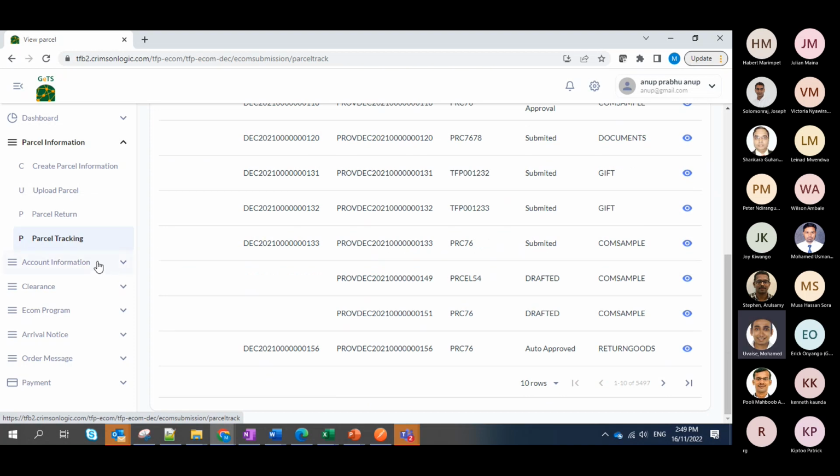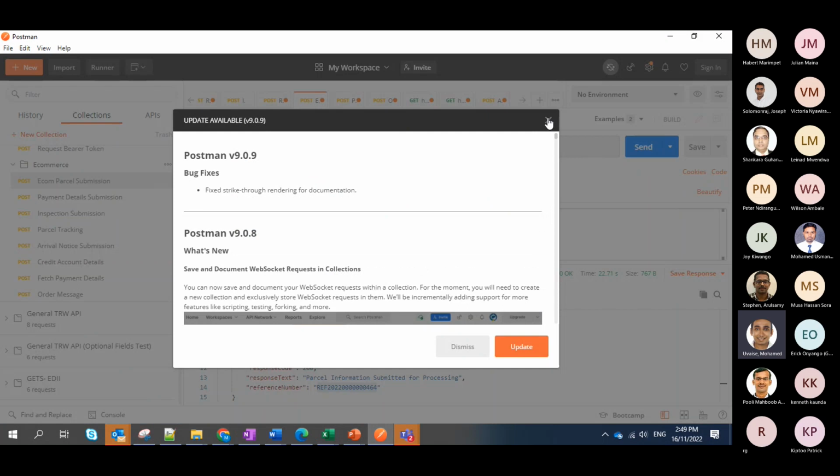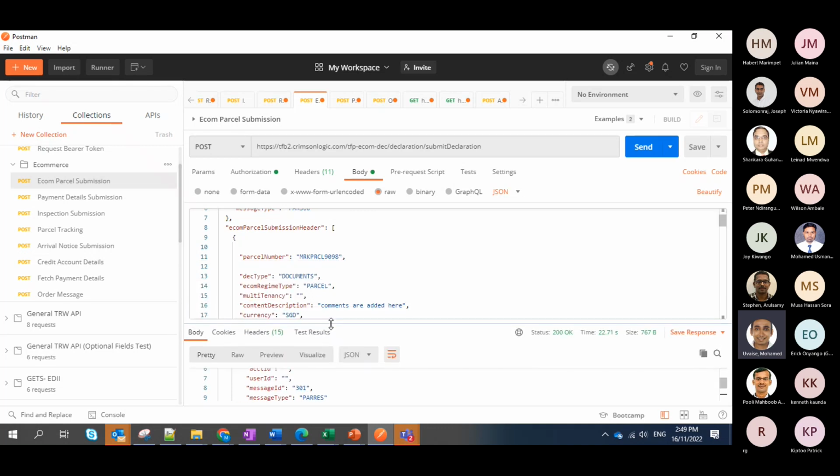Okay, next, maybe there's another option that I wanted to show as well. I've showed you through the UI, through a bulk upload as well. And now I'm going to show how a system could actually submit multiple information. So we have an API that could be exposed. This API could be used by applications to actually push across information.